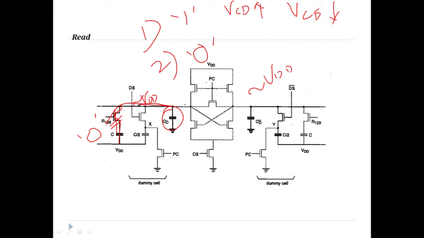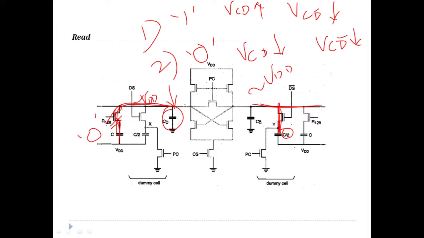So because of this, the capacitor will try to charge this, and because of this, the value of capacitor will decrease. So in this case, we can say that when we are trying to read 0, VCD decreases. But on the dummy node side, VS is on. So this is on. So again this also tries to charge this capacitor. Right. So VCD bar also drops.